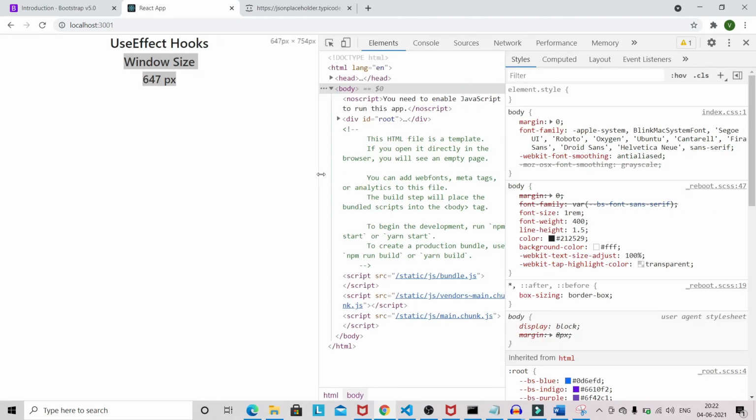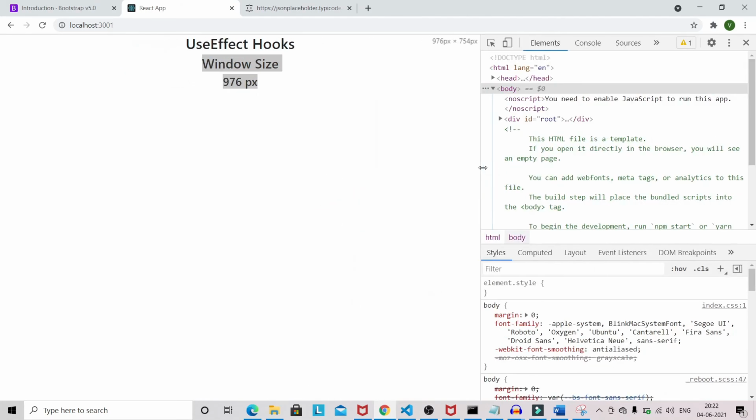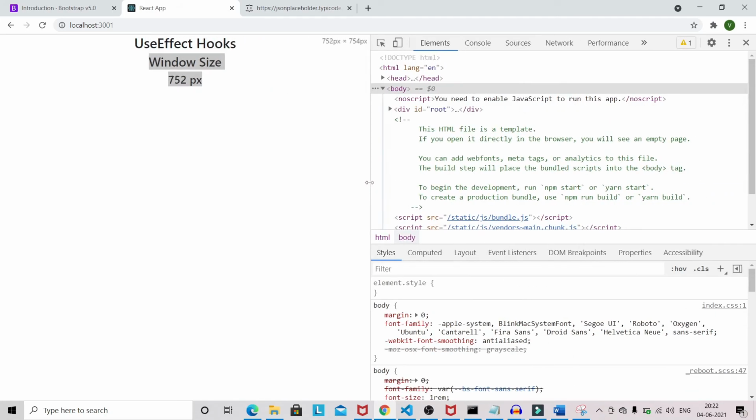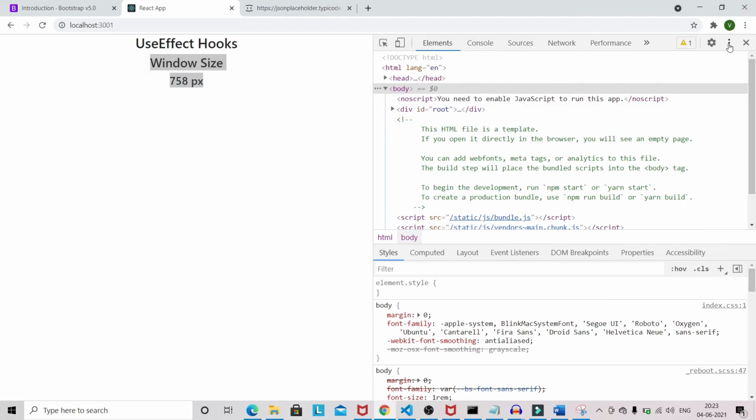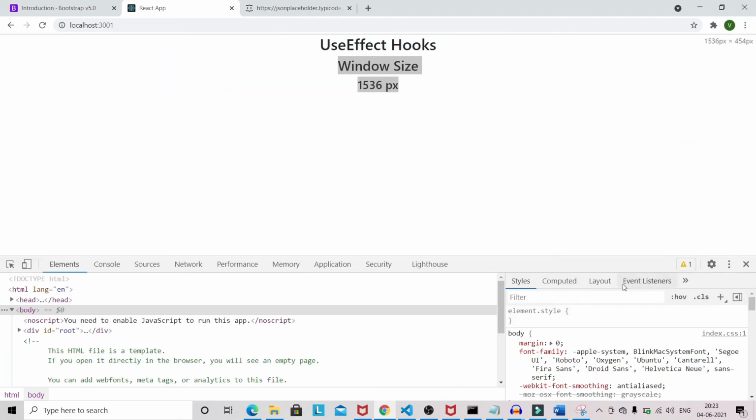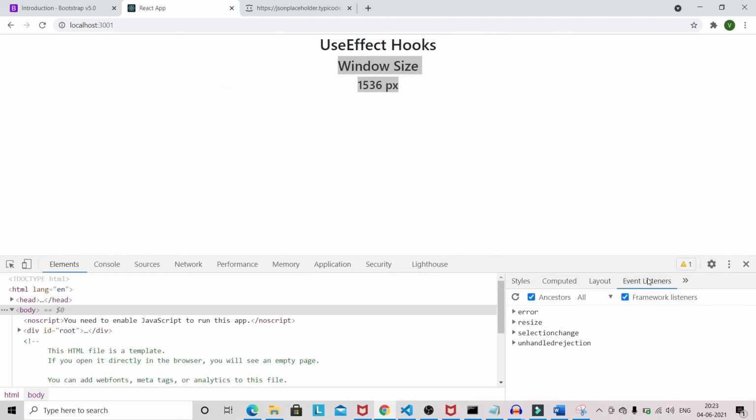So you can see that we have resized many times here, but if you look at the elements part, event listeners, and if you go to the resize and look, we have only called it one time. Earlier there was a huge count of this resize function being called.